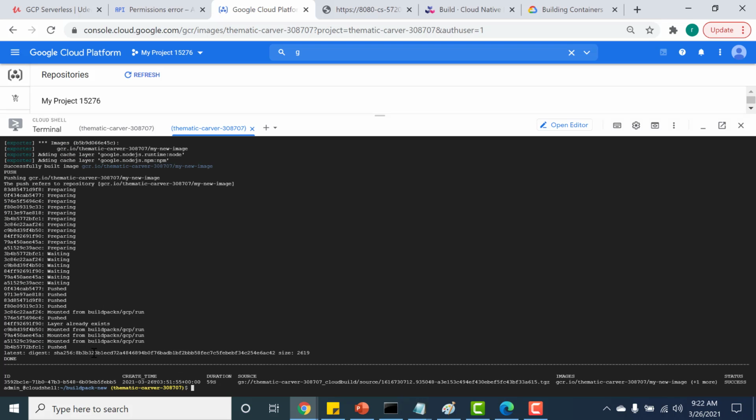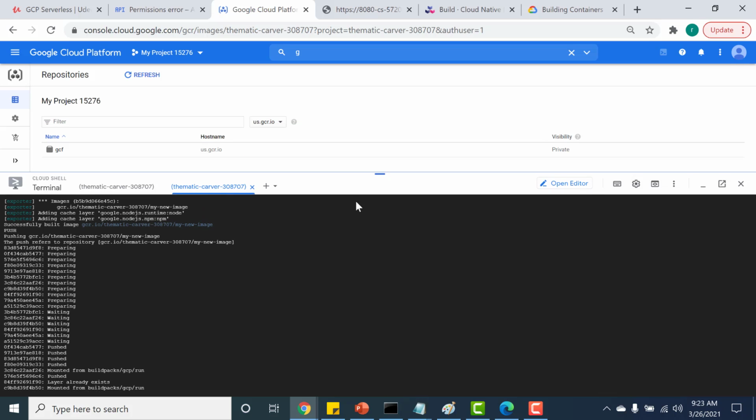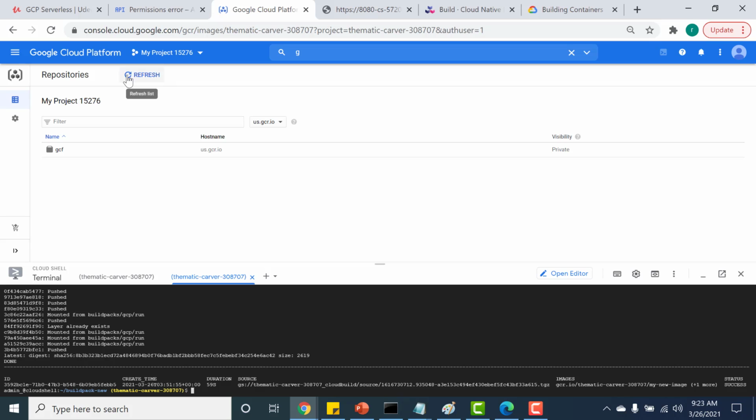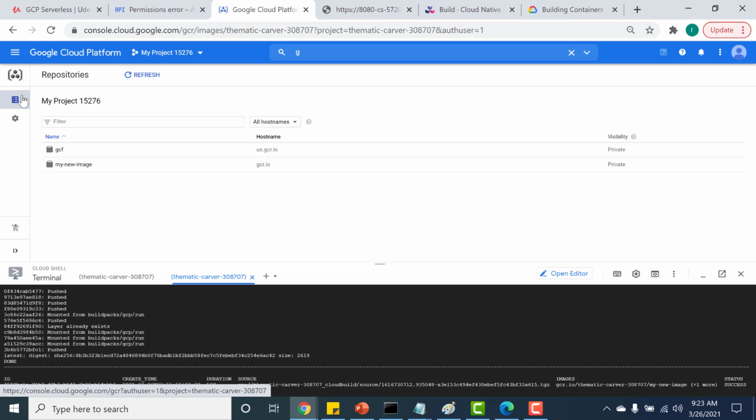So it has been created. Let's go and check the container registry in our GCP account and see whether that image has been created. Let's just refresh this page. You can see that my new image is here.